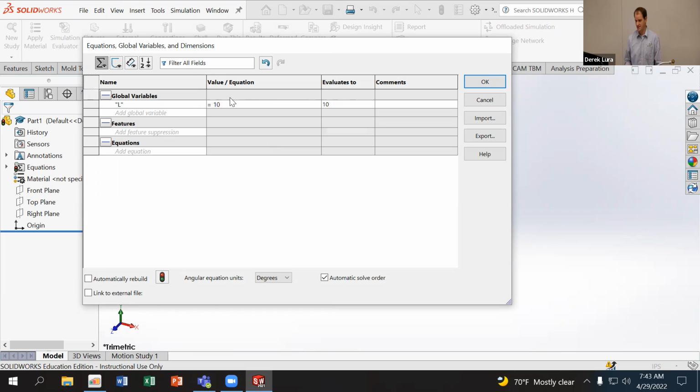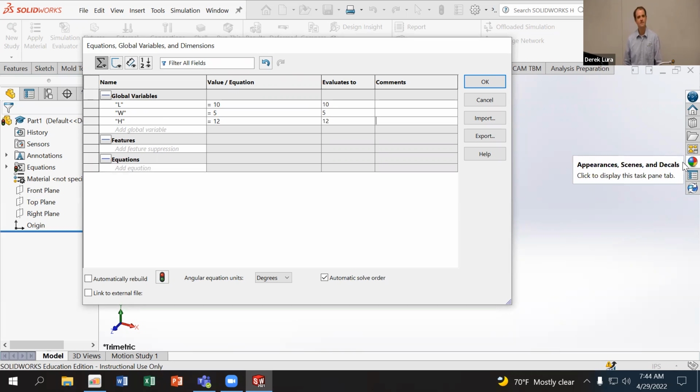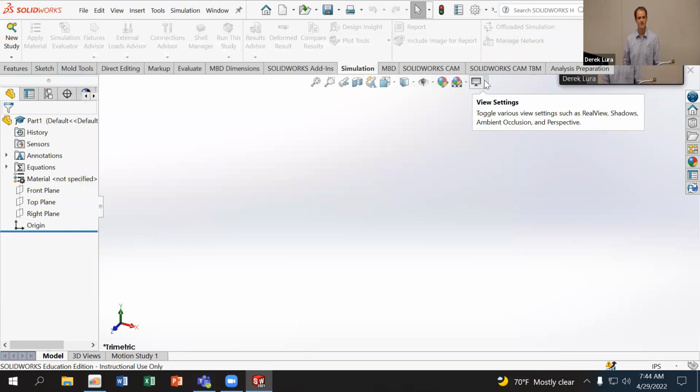So I can change this. So I change that to 10, it's going to evaluate 10 millimeters. It's going to evaluate to whatever units I'm currently in, which is helpful. I also define the width. And also this is equal to 5. And again, I don't suggest defining more global variables than you need, but you can have as many as you want to define your system. Once you've got this defined, go ahead and click OK, and you can start using those